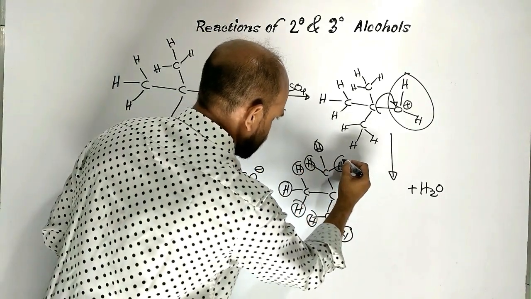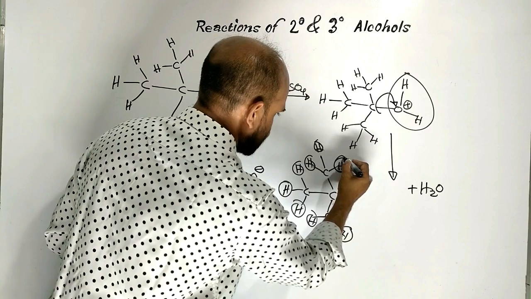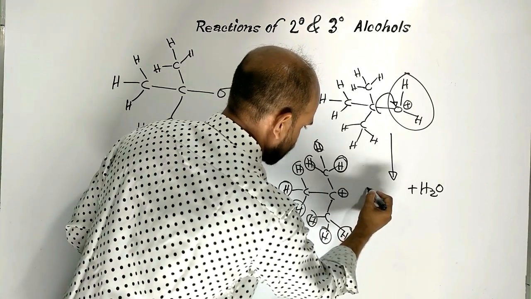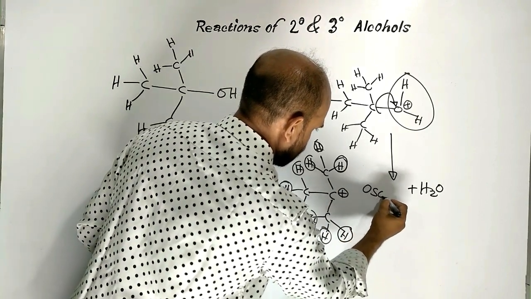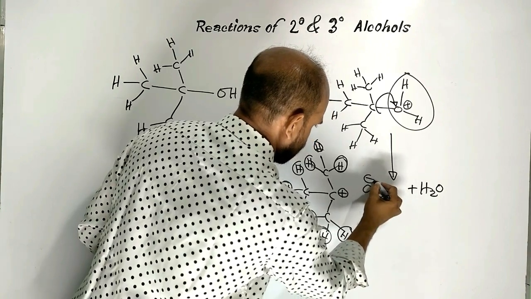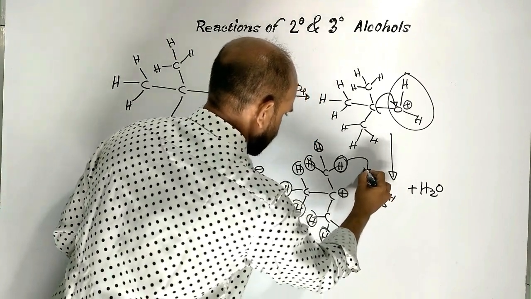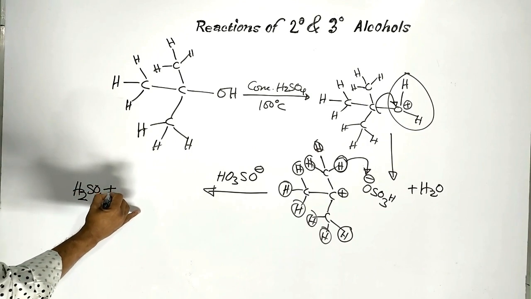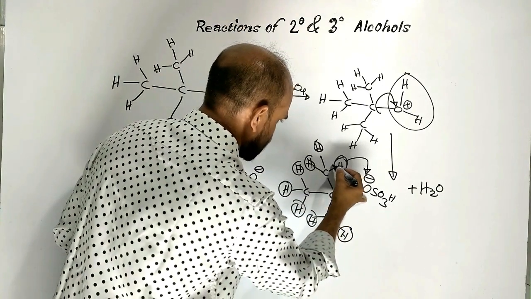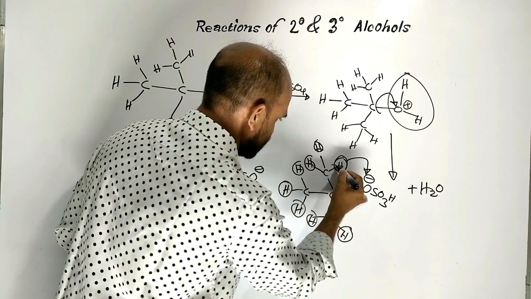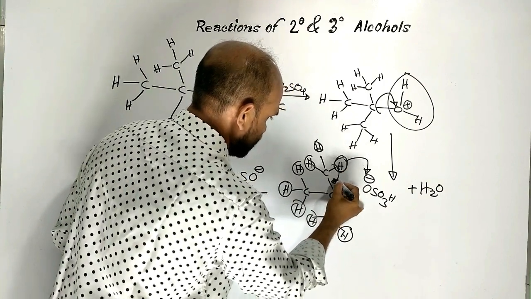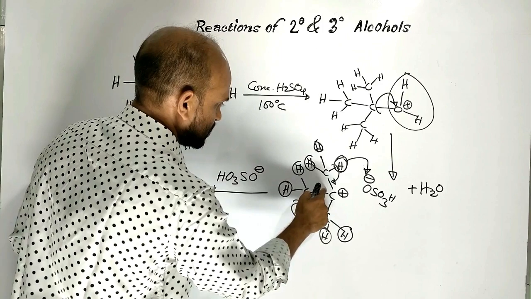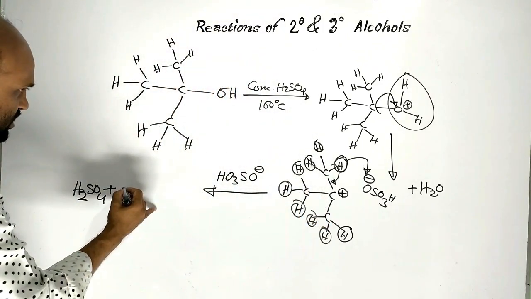Suppose this hydrogen is taken out by bisulfate ion. Then sulfuric acid will be formed, plus these carbon-hydrogen bonding electrons move here to form carbon-carbon double bond, that is main product